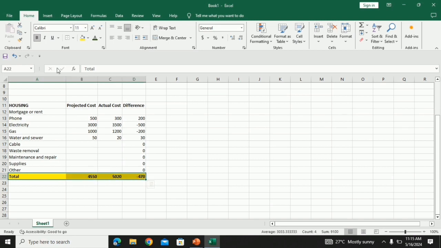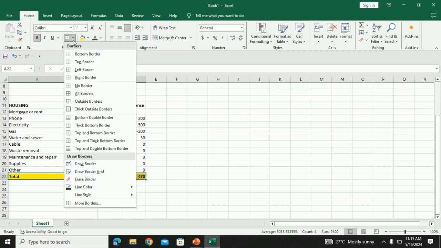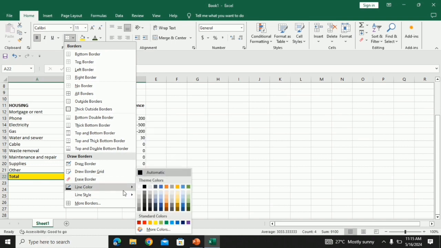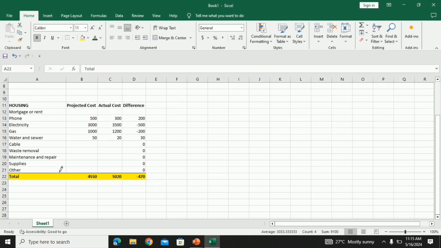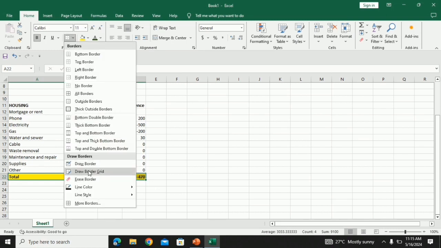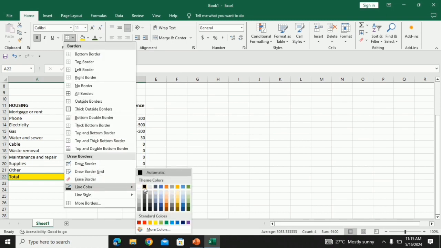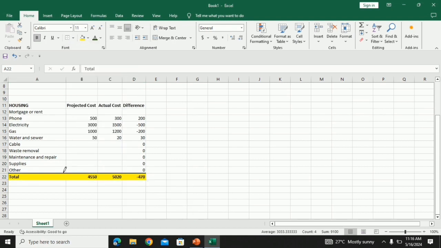And choose border colors, line, choose line color. So let's use color blue.